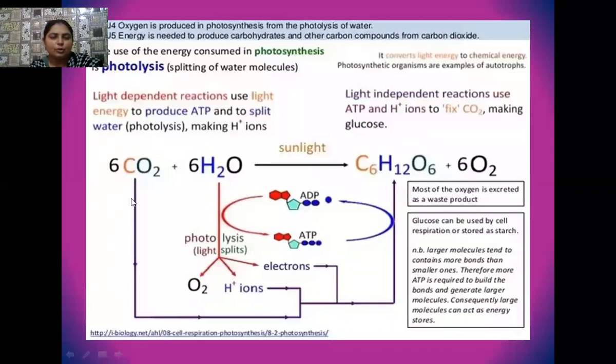Students, here again I have shown you the reaction, the classical equation of photosynthesis. 6 molecules of carbon dioxide react with 6 molecules of water in the presence of sunlight, giving C6H12O6 plus 6 molecules of oxygen, which is released. During the photolysis of the water molecule, we obtain 3 species: oxygen molecule, protons, and electrons. These electrons later move through the electron transport chain, releasing a certain amount of energy, and that energy is stored in the energy rich bonds of the ATP molecule.